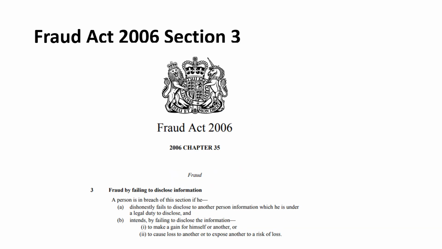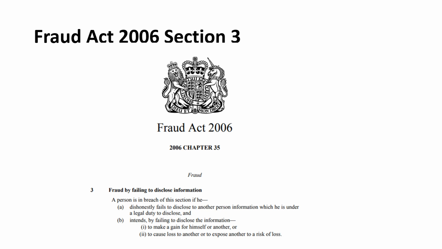Now also, under the Fraud Act, failing to disclose information. As I said, when a court case regarding council tax goes into court, it is reviewed by the legal advisor based on the information that I was able to obtain. Now, when you go into court, the legal advisor also conducts the court, but it is his or her job to notify the court and or you of any legal rights that you may have, any statutes or provisions which may assist you or may assist the court in rendering a determination. This, to my knowledge, has never been done.